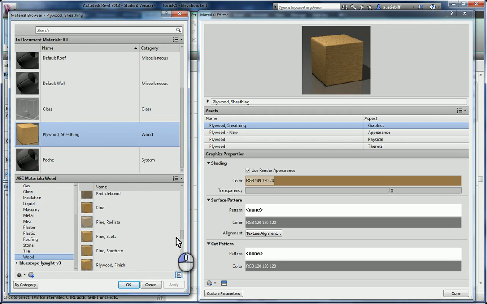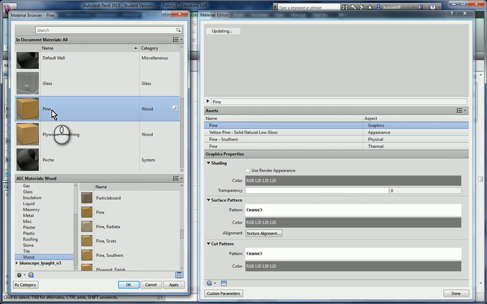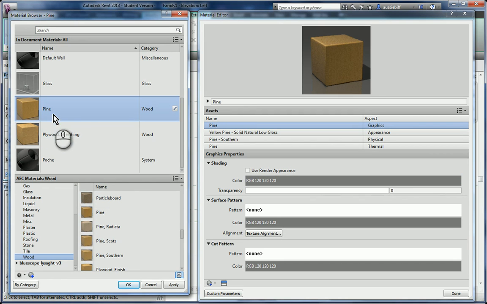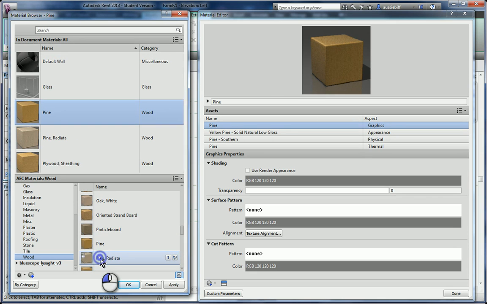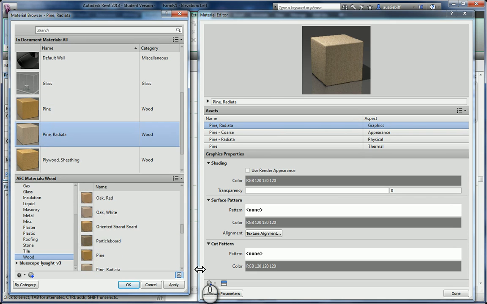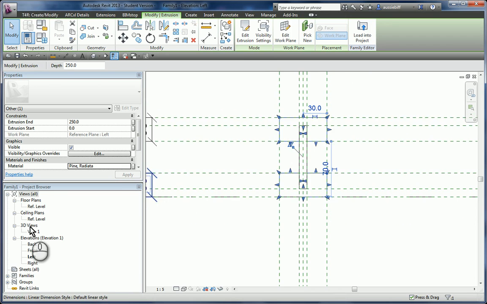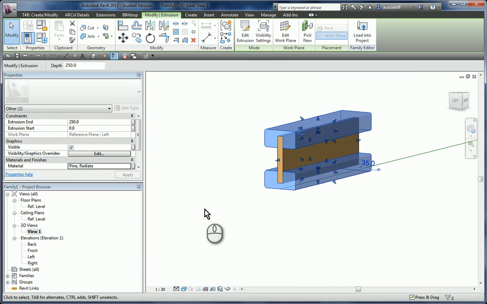We'll call this pine, and that doesn't look much different. So we'll give it pine radiata, which is a much lighter shade, and that'll do there. Then we can hit the tick, and if we have a look at our 3D view, we'll see that we've got